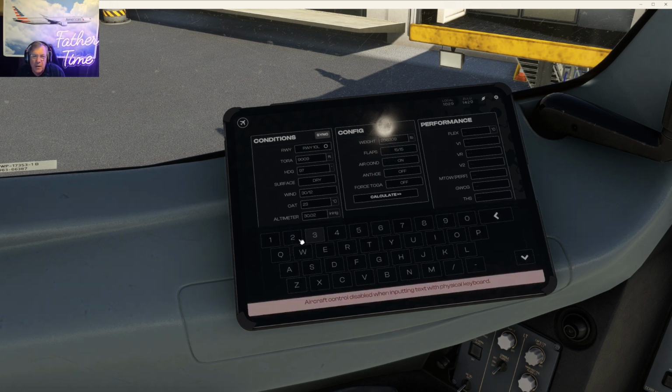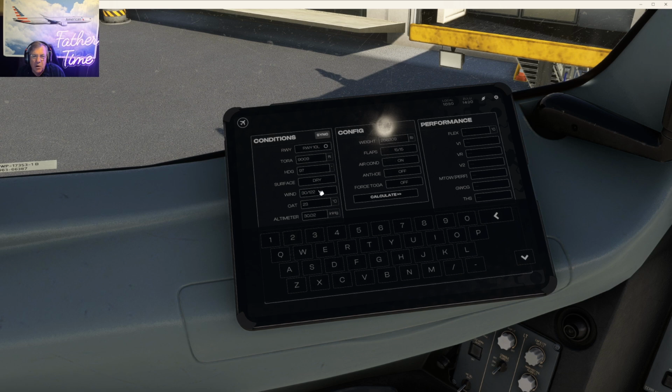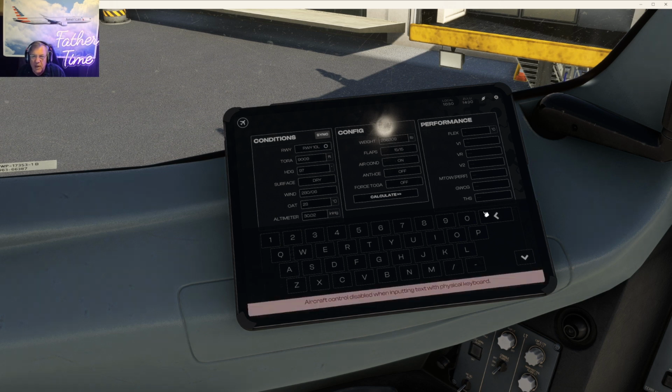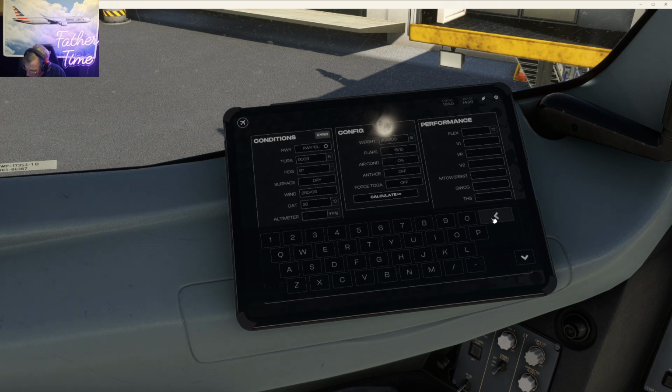I don't know about that. Didn't sync real well. Altimeter's not right either. 280 at 06. Public typing, always intervention. 280 at 06. Temperature is 28, kind of destroys your faith in sinking. 28. Altimeter is really low. It is